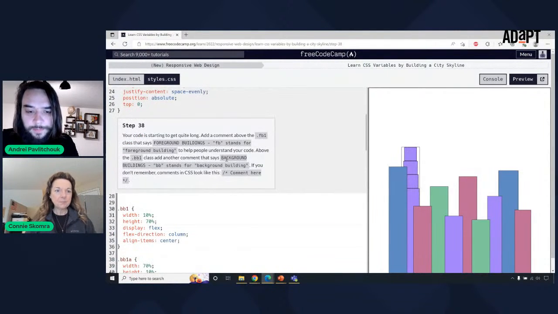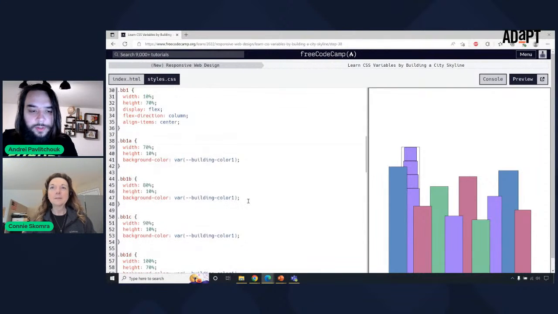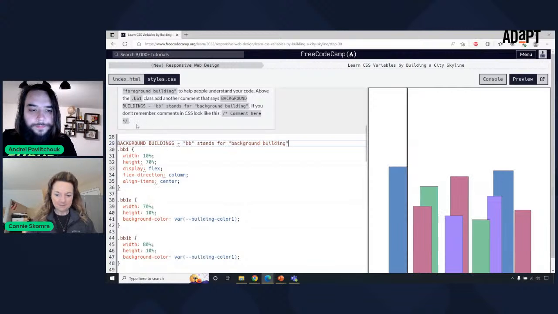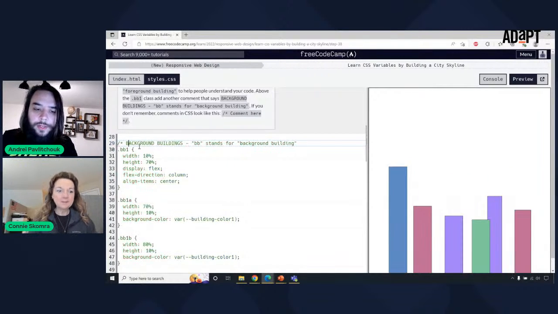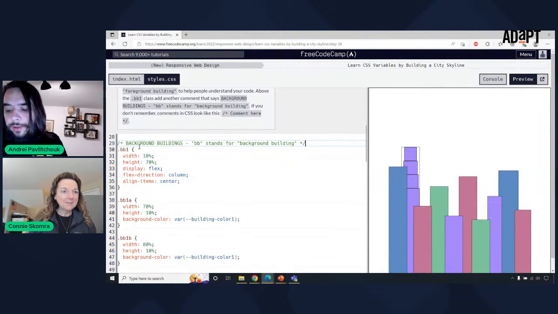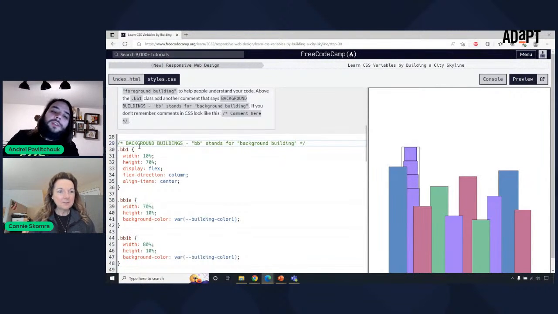We need to add, above the BB1 class, another comment which says background buildings. BB stands for background building. So BB1, and let's just comment it again, /* and to finish it, */